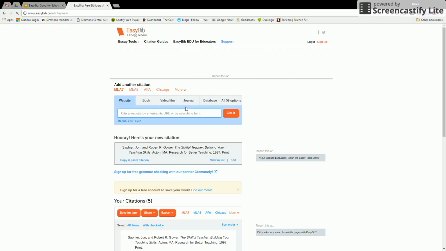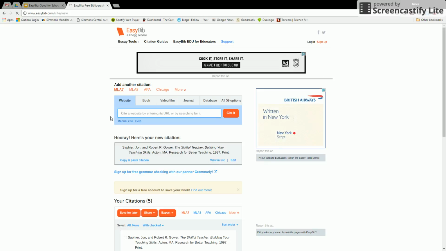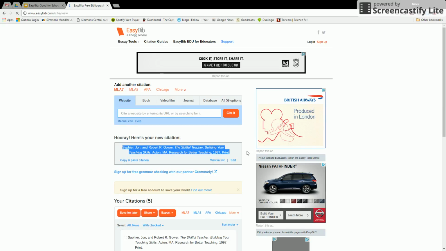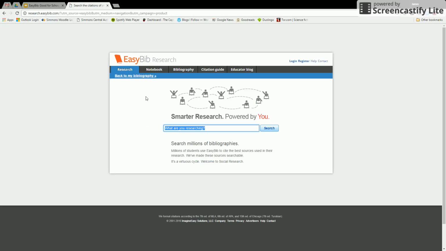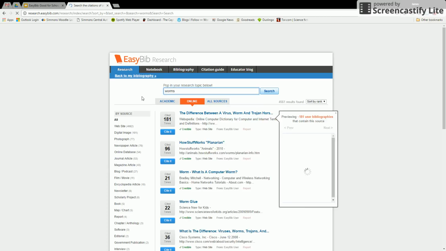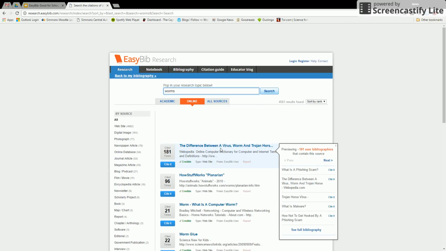So front and center is the ability to actually make the citation. So you can see it here. This is how it appears on the homepage. Here's an example of a citation after you've run it through. It will come up with citations automatically without any input from you if you would like. Otherwise, you can either create one manually or you can edit an existing citation. It's pretty useful. So essay tools, the research ability lets you research through other people's bibliographies, so you can actually